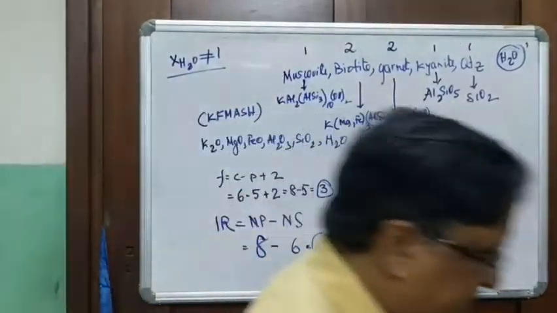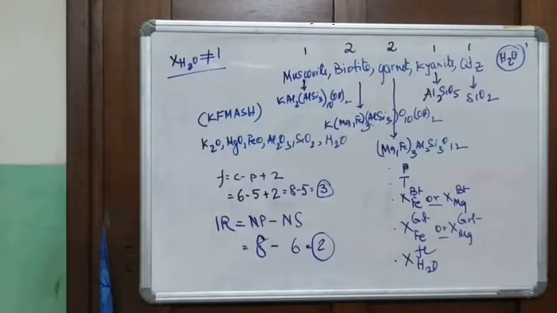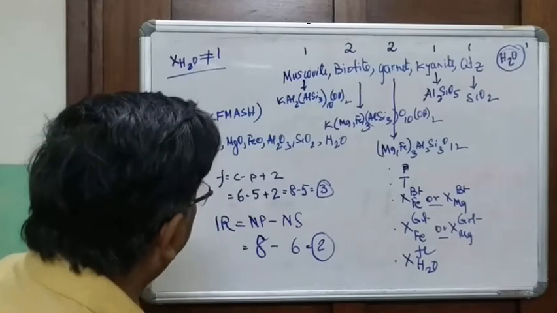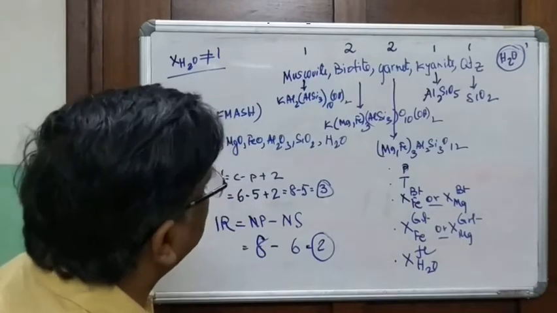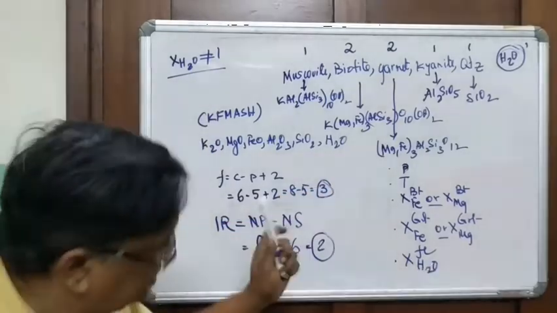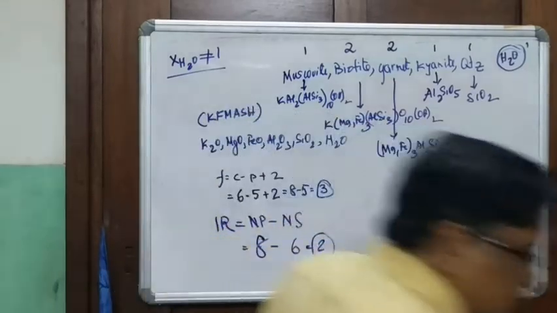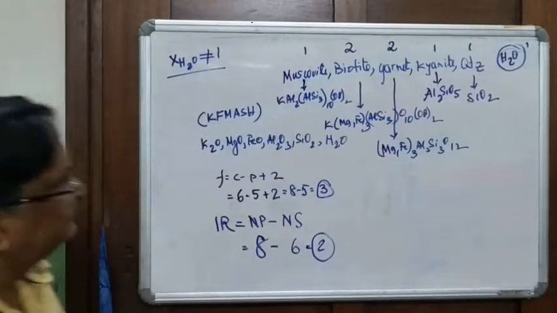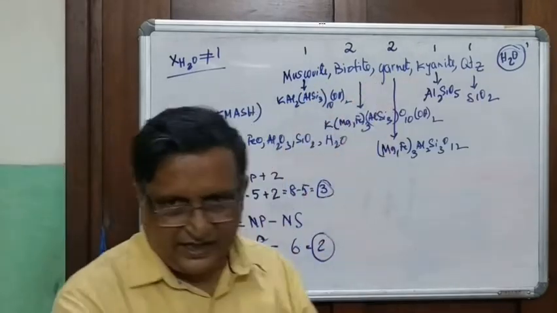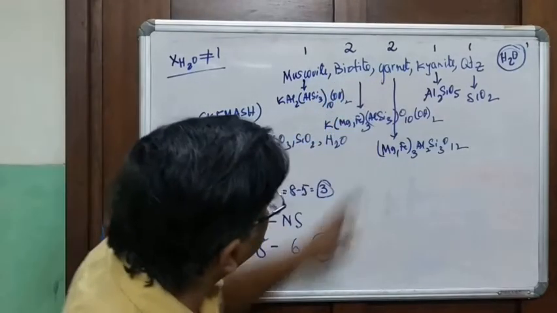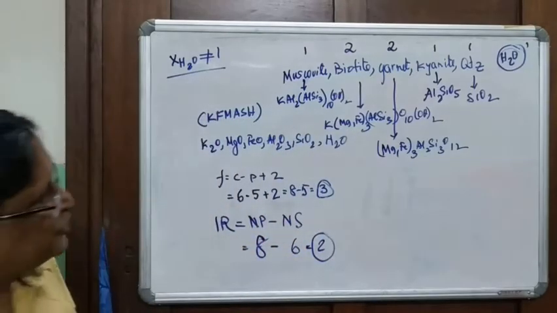Now, let me write the reactions for you. I hope you will remember this. So I will write the equation here. What are the reactions? Can anyone tell? Okay. I can give you a classic example here. Biotite and garnet both have Mg and Fe. So I can write